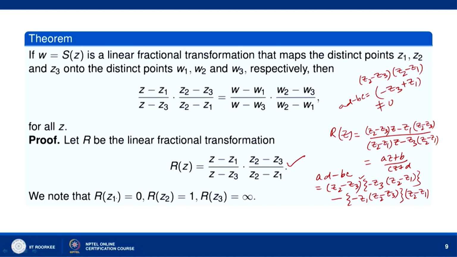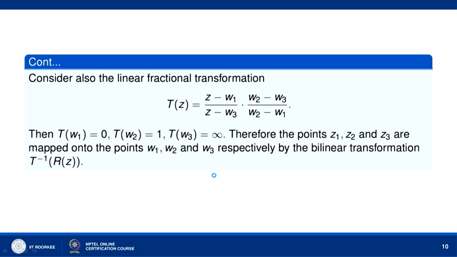Now, furthermore, you notice that Rz1 equal to 0, Rz2 equal to 1, and Rz3: when Z goes to Z3, you see that Rz goes to infinity. So, Rz3 equal to infinity. Now, consider also this transformation, Tz equal to (Z minus W1)(Z minus W3) over (W2 minus W3)(W2 minus W1). Then here again, when you replace Z by W1, Tw1 equal to 0, Tw2 equal to 1, Tw3 equal to infinity. Therefore, the points Z1, Z2, Z3 are mapped onto the points W1, W2, W3 respectively by the bilinear transformation